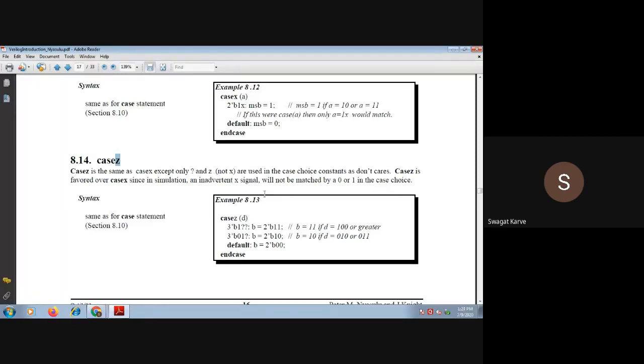Case Z is favored over case X, since in simulation an inadvertent X signal will not be matched by 0 or 1 in a case choice. For example, you have this case Z statement, case Z is D. That means this D variable is tri-stated and its value is 100 or greater.